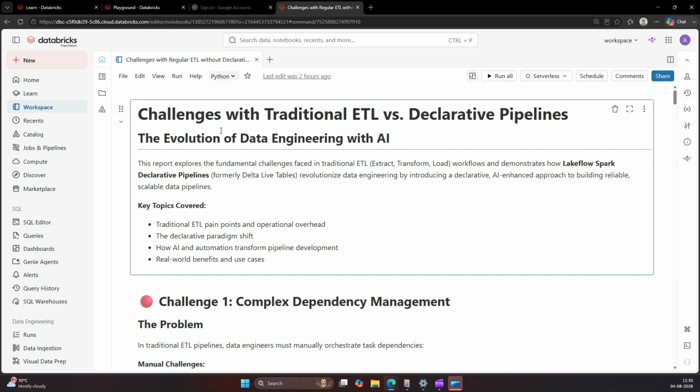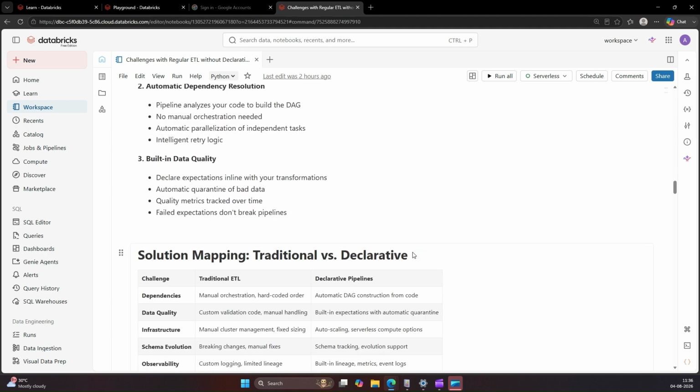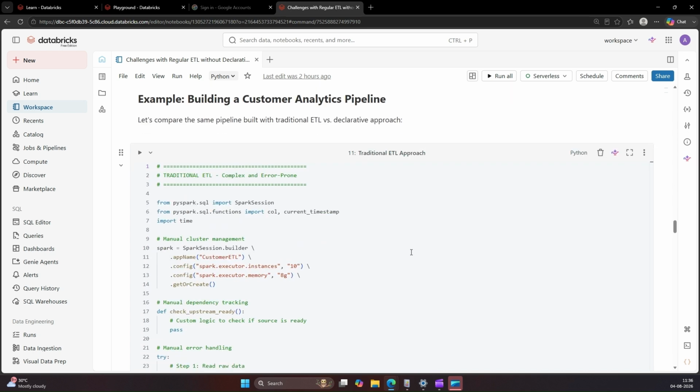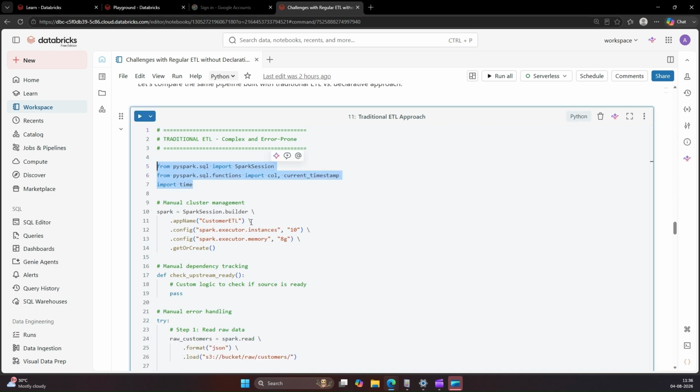Let us try and understand first of all how a traditional ETL pipeline works. Let us check one code sample so that we get a direct example of it. This is what I call the traditional ETL pipeline. In this you can see that